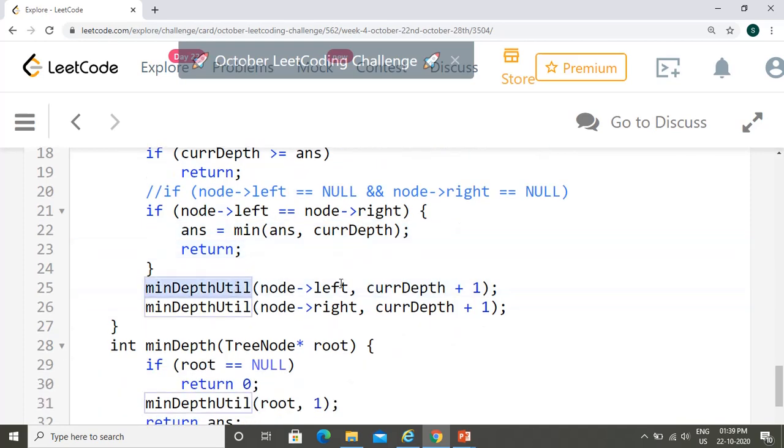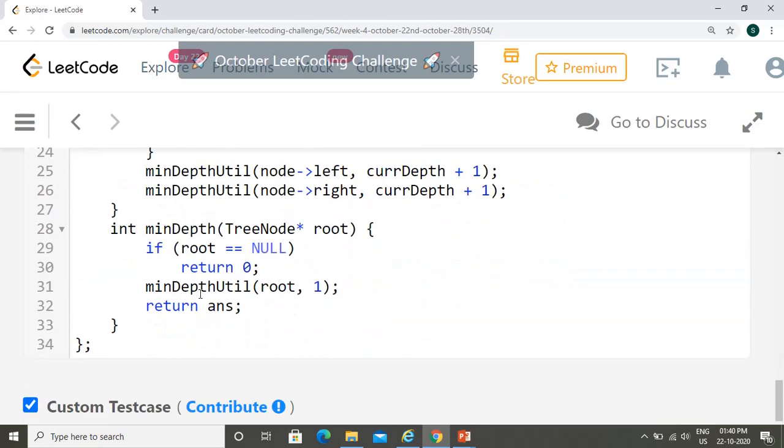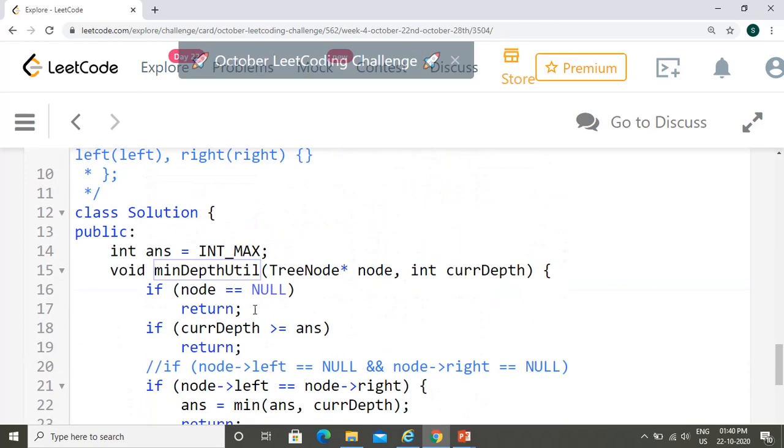If the current node is some intermediate node, so it is not a leaf node, then you explore the other paths. You continue exploring your path till you reach a leaf node. So you just call the function recursively with current node of left and current depth plus 1. You need to add plus 1 because you have already considered the current node and you are going to explore the left subtree. Similarly, node of right and current depth plus 1. This way you explore all the paths recursively, and whenever you reach a leaf node, you update your answer and return. And finally, it will break whenever node is null.